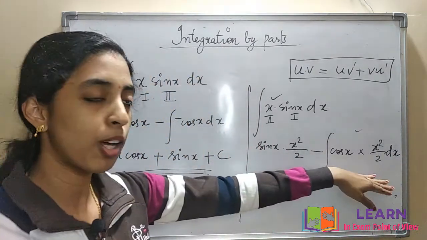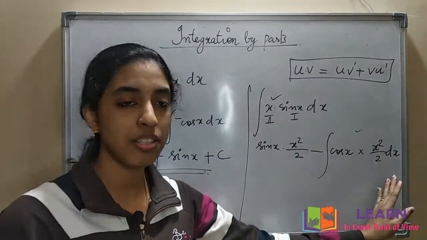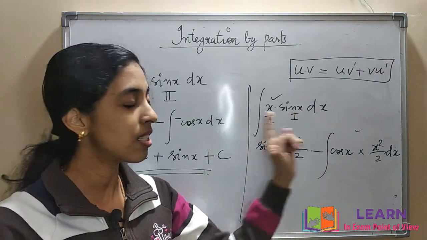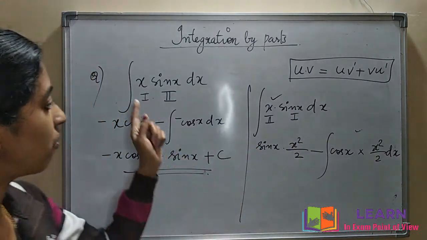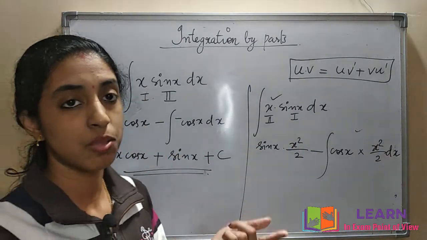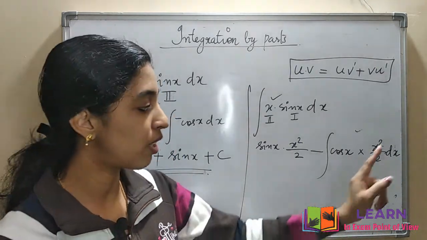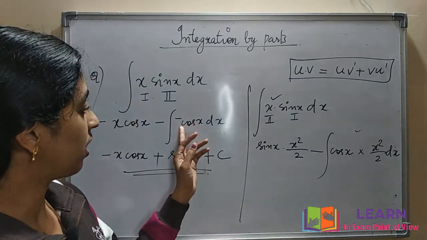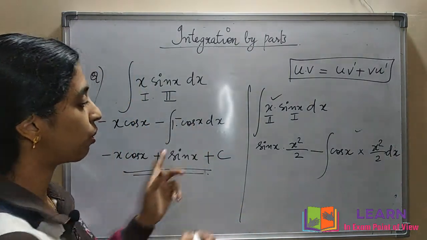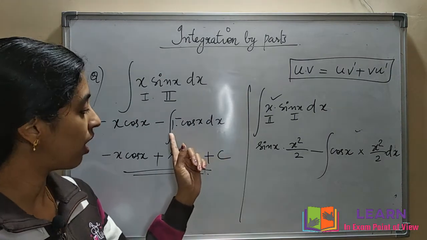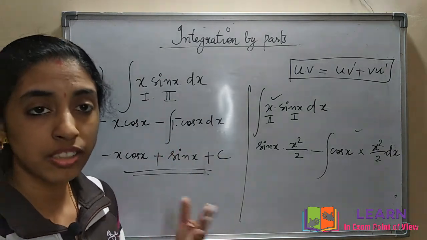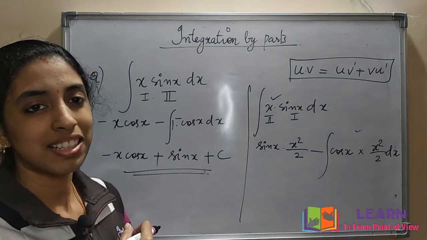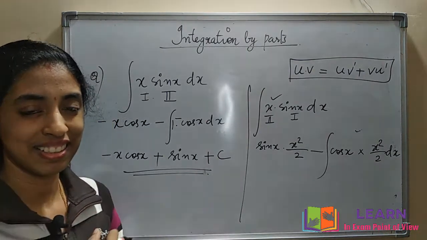Here again the product rule is coming. The chain is not stopping here. That means it is becoming more complicated if we select sin x as the first term. That is why we are selecting x as the first term, because x will become 1 after differentiating. Then the x term will vanish here. Actually there was 1 into minus cos x, right? So here the product rule will not continue. That is why we have selected x as the first term. Clear?